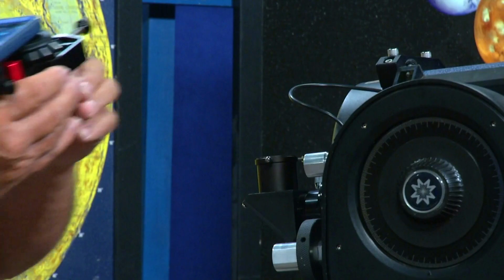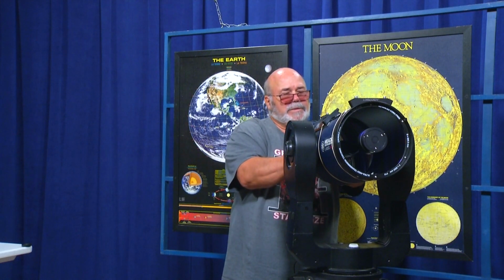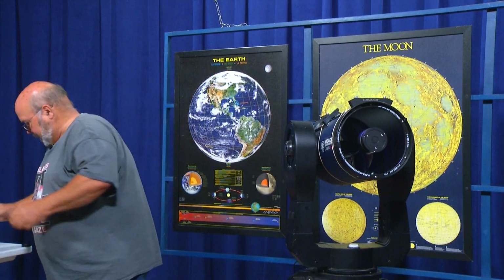And now you can see that it's pretty close to being centered if you take the curvature on the top and the bottom. So once we get to that point, then we go ahead and we just drop it in. And if we had this out in the night sky, this would be all set up. And then one other thing that's in the box